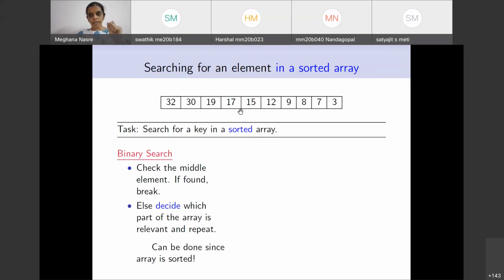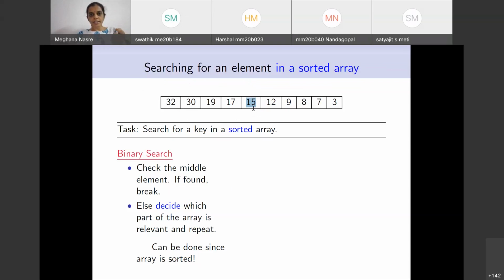So our idea was to check the middle element. If the middle element happens to be our key... we had started with the key which is 6, and we said that the middle element is a of 4 here, which is 15, which is not the key. If it is not the key, then we have to decide which part of the array it will lie in, and that is dependent on how the key compares with the middle element of the array.